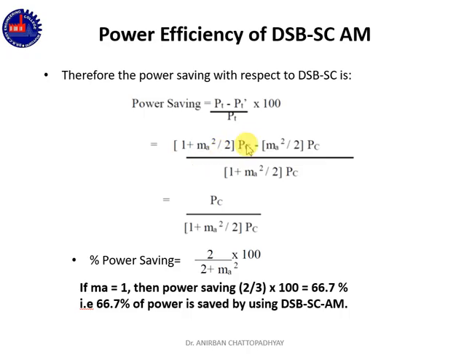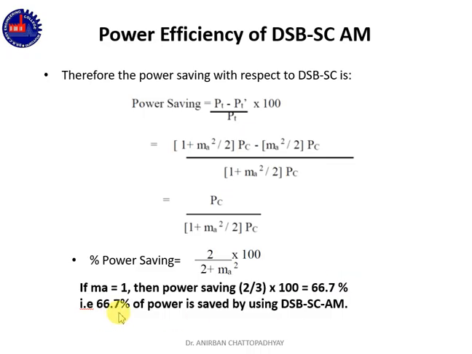So if we put in the formulas and simplify, we will finally get that the power saving will be 2 by 2 plus MA square into 100%, because it is a percentage of saving. Now for the maximum power efficiency, we know that we can only achieve it if we get 100% modulation. 100% modulation means the modulation index value will be 1. So if we consider MA equal to 1, then power saving will be 2/3 of the 100, that means